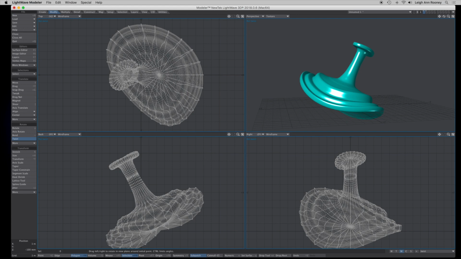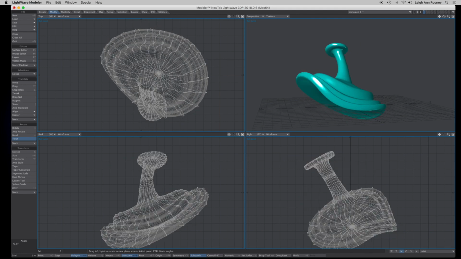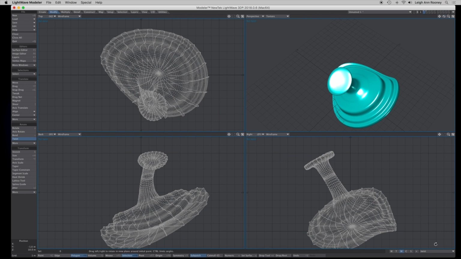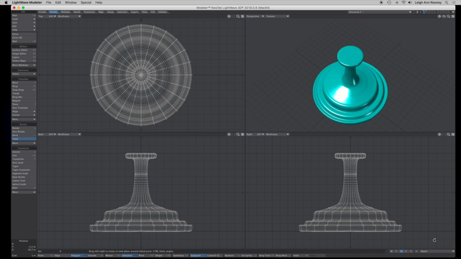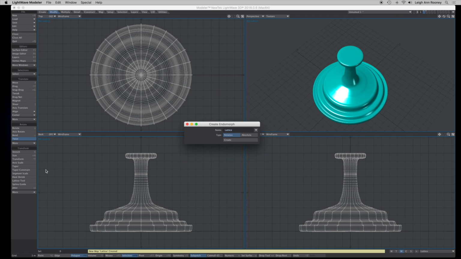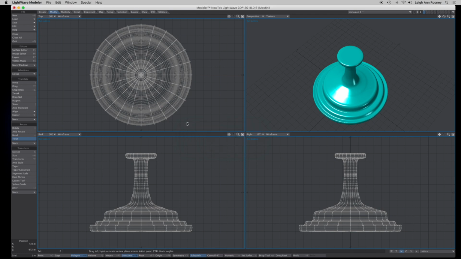So play around with that. See how it looks from each angle. So that's twist. We're going to come back to the base and we're going to make a new one and we're going to call it lattice. Create. So lattice tool, next out of here, is, so make sure again you're in lattice here in your morph